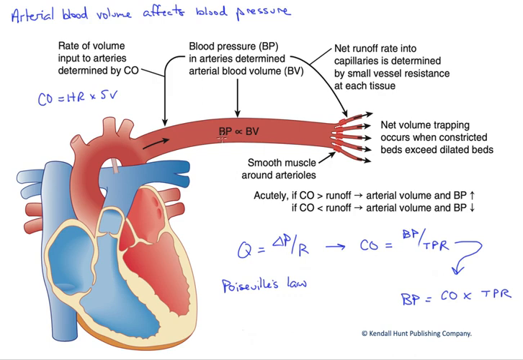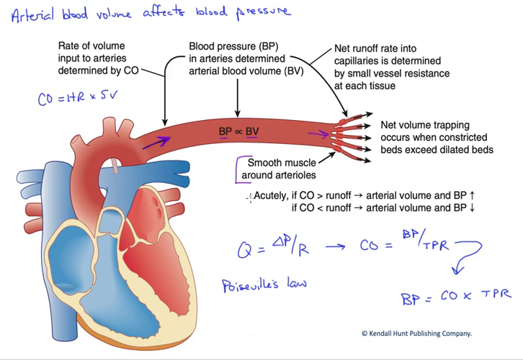Now, blood pressure in the arterial circuit is proportional to blood volume in those vessels. That's much like saying the pressure in a balloon is determined by the volume of air in that balloon at any given moment. Well, in terms of our arterial circuit, a flow-through circuit, that volume is going to be determined minute to minute by the ratio of the inflow to that circuit, cardiac output, relative to the outflow of that circuit. And that outflow is determined by the resistance of these arterioles, determined by the smooth muscle constriction or dilation,